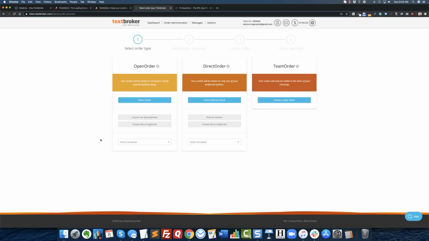Whichever writer grabs it first, it basically goes off the market for that amount of time. It shows somebody's writing it. And at that point, they've got X number of days or hours to finish it and submit it for review. And if they don't get that done in time, it goes back on as an open order to the marketplace, or it gets returned for me to review. And I can either request a revision or